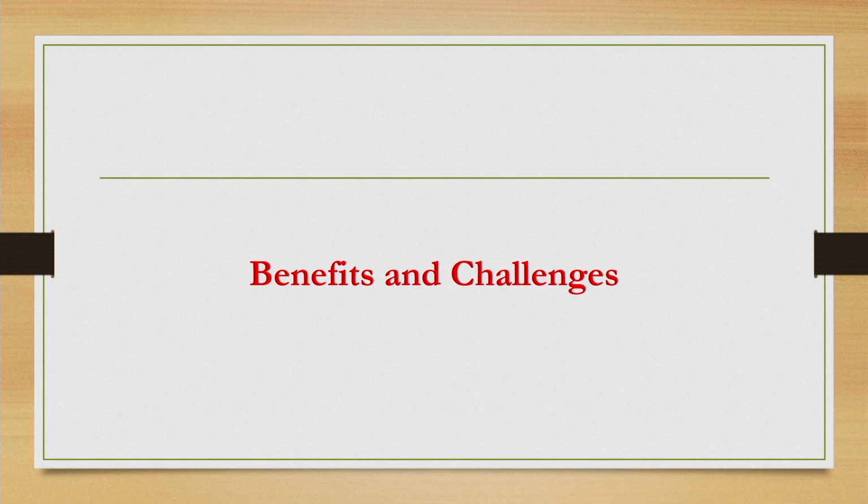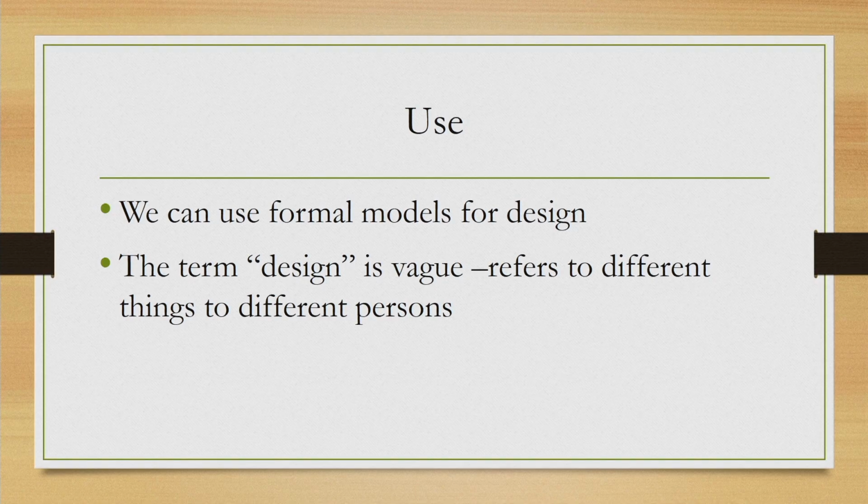So, then we can try to understand in a better way what the benefits and challenges are in the case of formal representation of interactive systems. Earlier we tried to explain it in terms of a very simple system which has only two states and an equally small number of transitions. Now, we are going to discuss in more detail the benefits of using such a formal representation and the challenges involved. So, the overall thing that we want to achieve with a formal representation or a formal model of a system is to design the system.